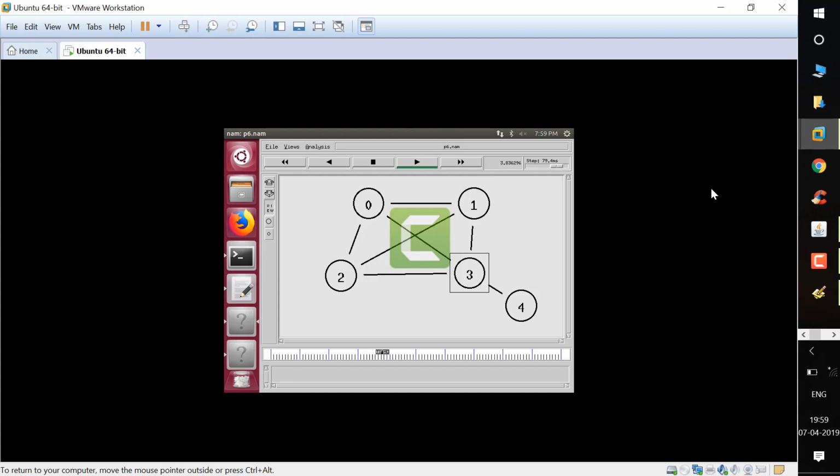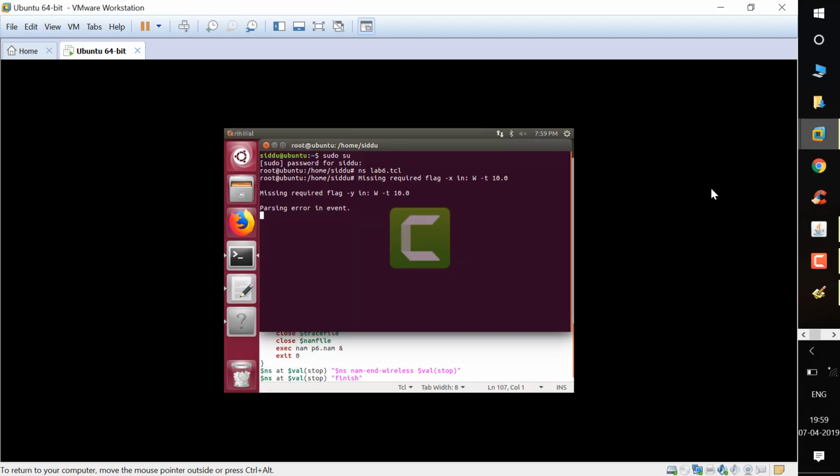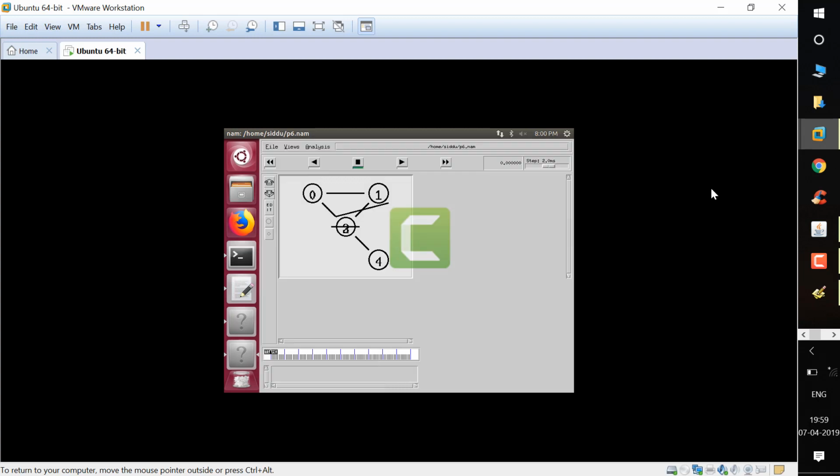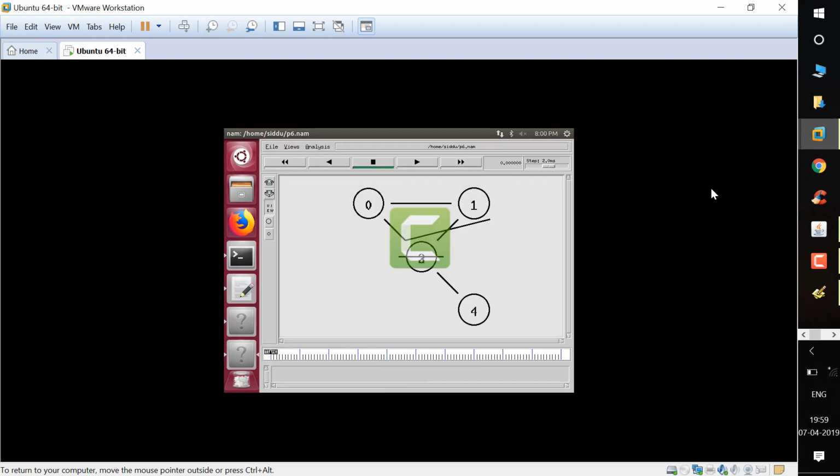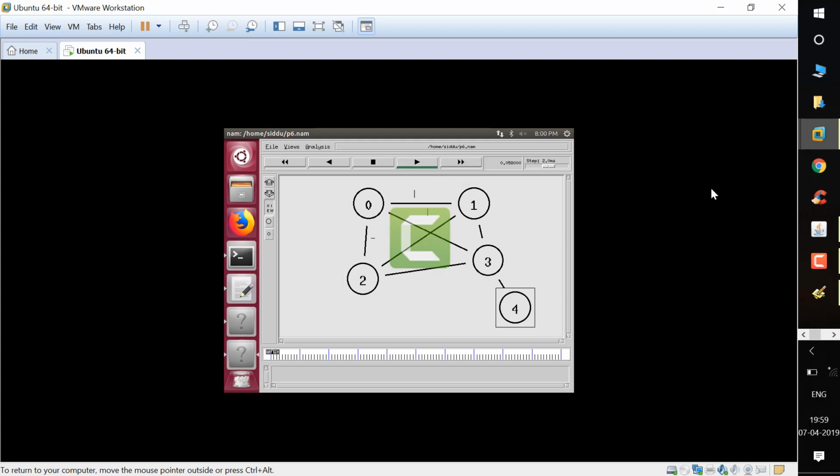You can see packets are transmitted from, I'll execute once again. Go to the edit option, just click on the play button.